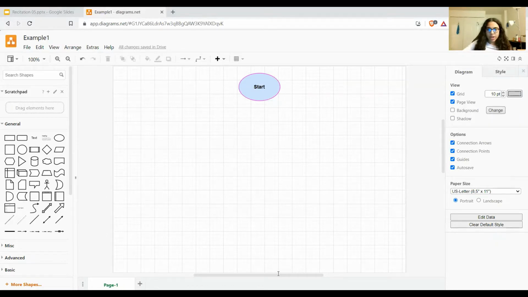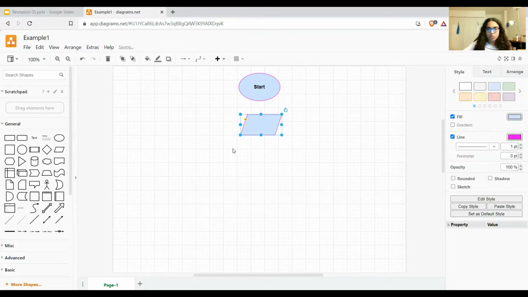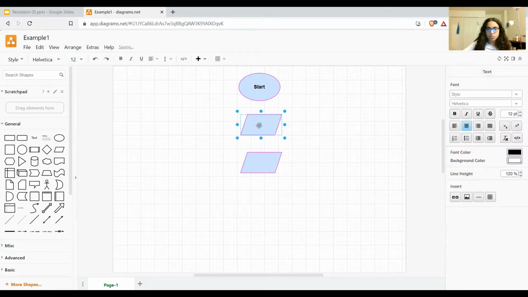Then the next thing that we have to do is take the inputs. So over here the inputs in this example are revenues and expenses. So we are going to take the inputs. For inputs we'll need to use the parallelogram. So let's just do that. We'll take a parallelogram from here. We need one for revenue and we need one for expenses. So here we'll take